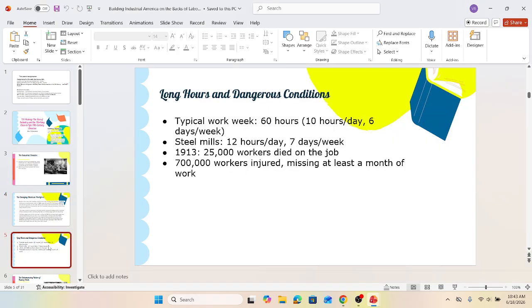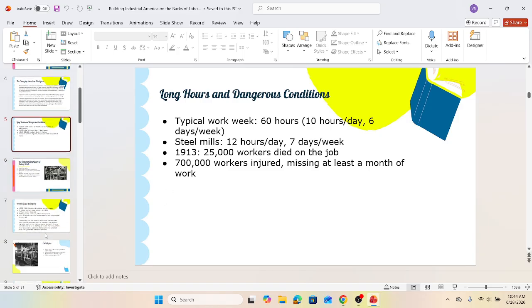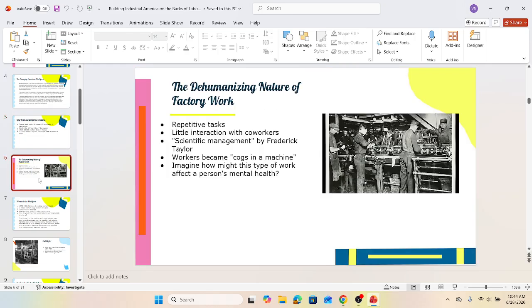So, long hours and dangerous conditions, right? Typical work week was 60 hours. Steel mills even more so, 12 hours a day, 7 days a week. In 1913 alone, 25,000 workers died on the job. And there's no compensation for this at that time. If someone died on the job, they were replaced, and whoever that worker had been providing for had to figure out a way to continue to provide for themselves. 700,000 workers were injured, missing at least a month of work. Again, unpaid. So the system was definitely set up